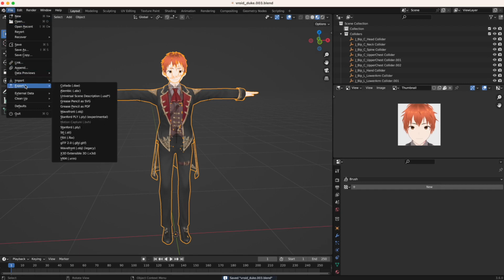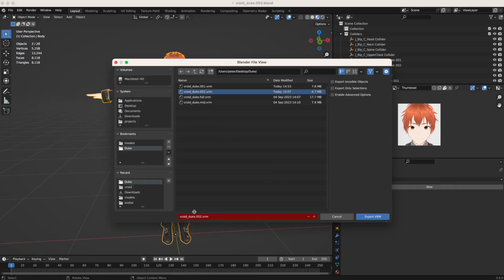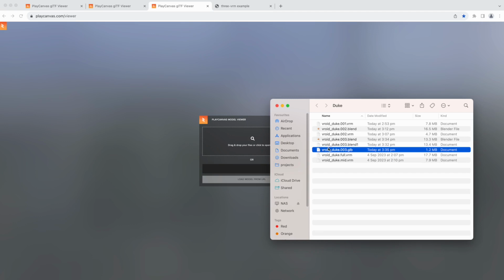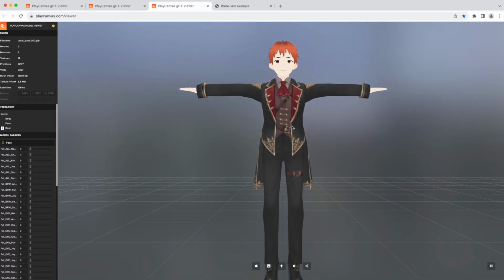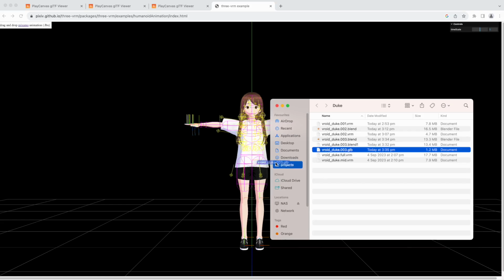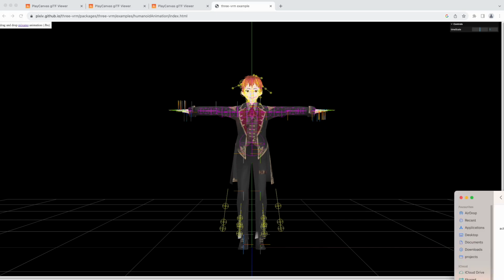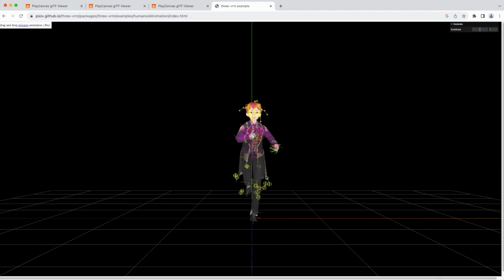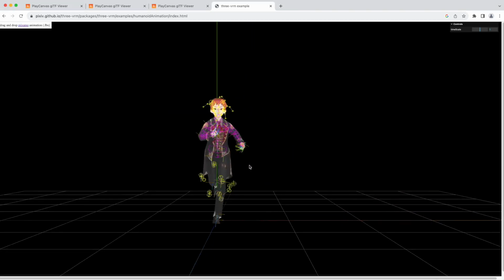Now we've removed some polygons and cleaned up the model a bit, it's time to export and have a look at it again in Play Canvas and have a look at the results of the polygon counts, load times. The number of triangles has been reduced, and this has had an additional effect of significantly reducing the file size and improving the load time. Don't forget to test the avatar with the 3 VRM example and an animation to make sure that you're still